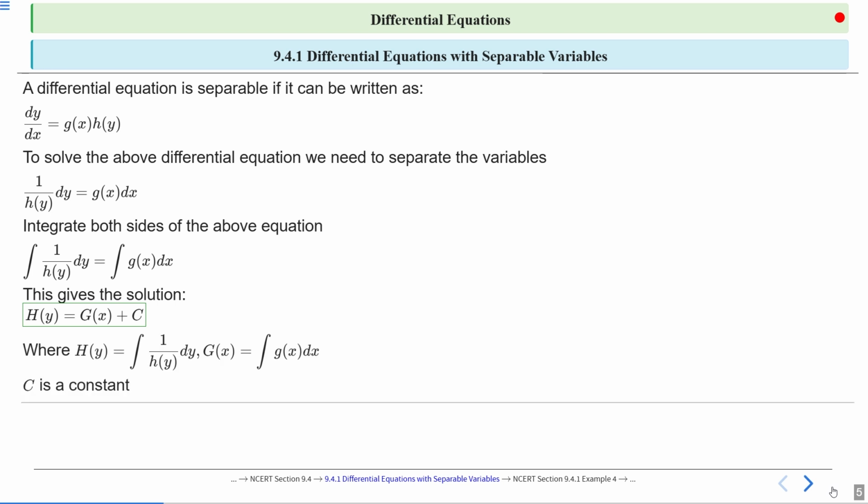And that's how we can solve a differential equation of first order and first degree if it is in a separable form. That is, we can separate the variables. We can write the function of y with dy and the function of x with dx. Then we just need to integrate to find the solution of the differential equation. So this is the method of separable variables.